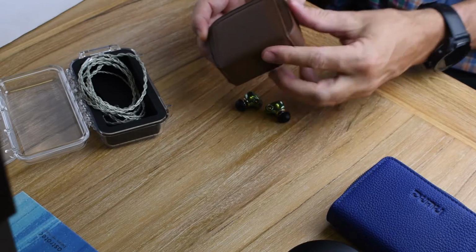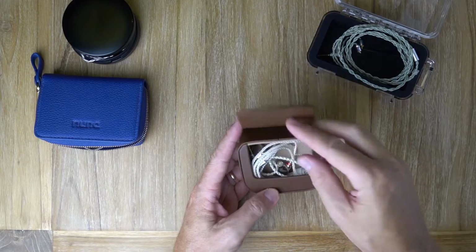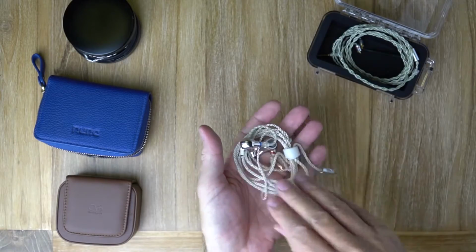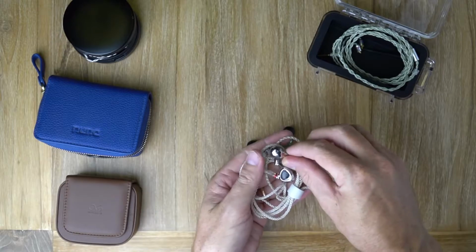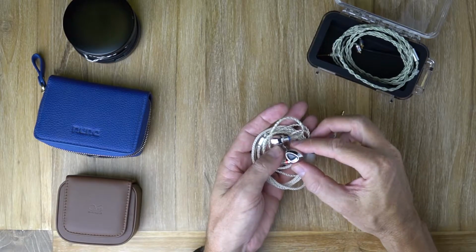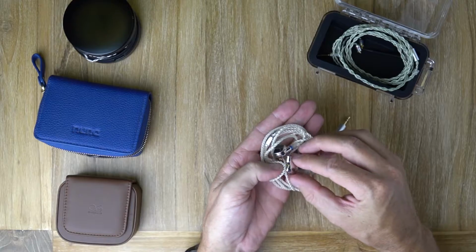Okay, so now let's do a couple of quick comparisons, starting with the ugliest case I've seen in recent times, but it's a good quality case and it's functional. But in here is the Shanling ME500 Platinum Edition, and this is probably one of the most underrated IEMs in this sort of mid-tier bracket of recent times. This is a fantastic earphone, but for some reason people just didn't show that much interest in it,